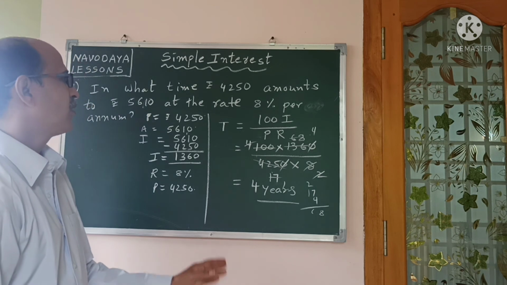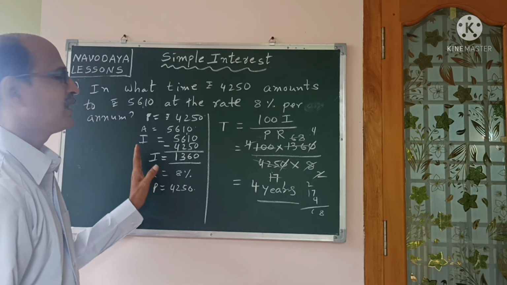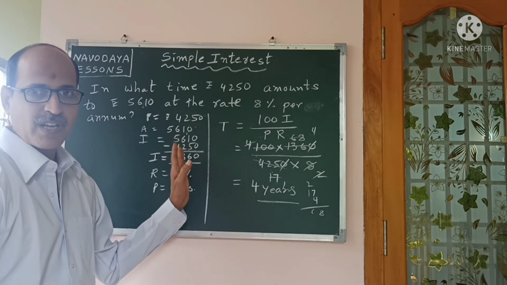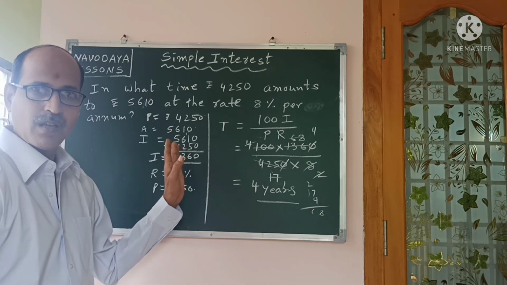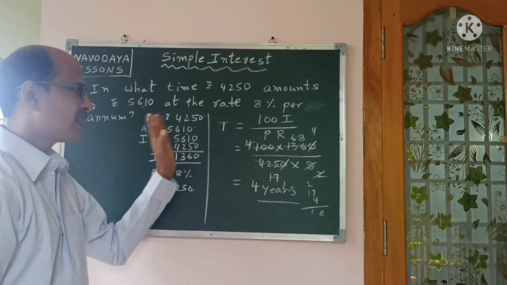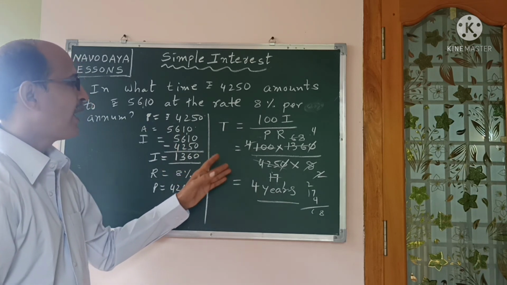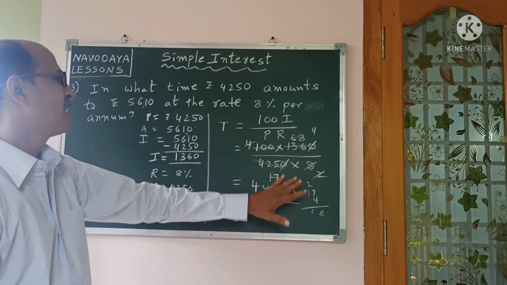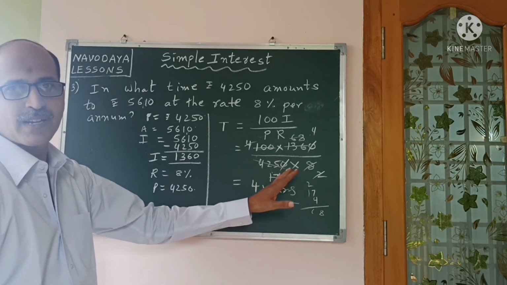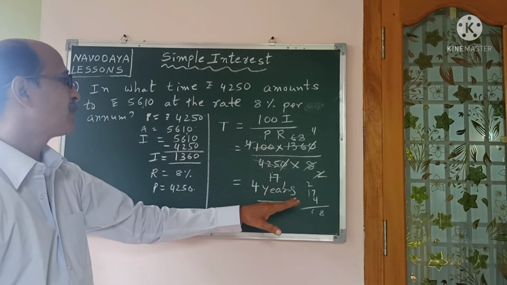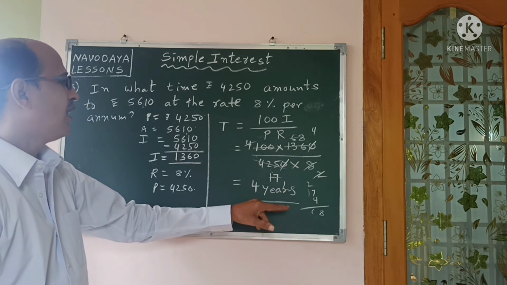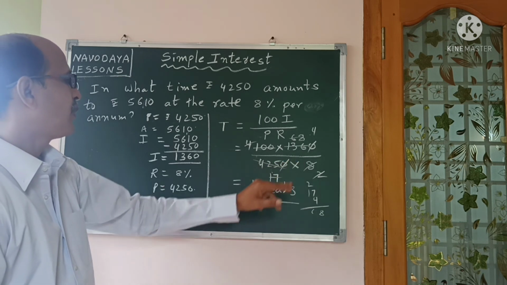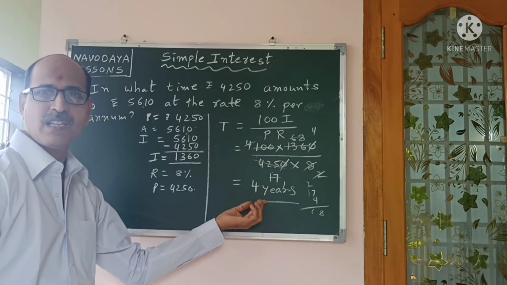Okay, in this lesson we have to remember the main formula, that is simple interest is equal to PTR by 100. By using that formula we can find time, rate of interest, principal by interchanging letters, and the main thing you have to learn is simplification, cancellation. Cancellation is very important. You have to practice a number of problems on cancellation. If you do the cancellation perfectly, then only you will get the answer.